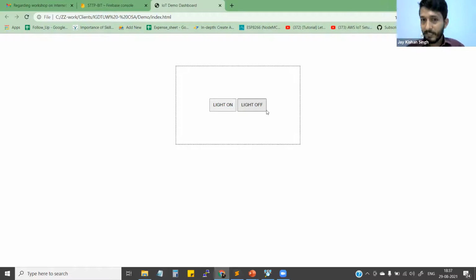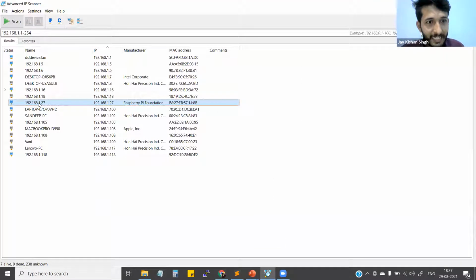So now this is the time. Let's check everything. This RPi is connected right here, so let me explain everything from the very beginning. This is the tool I'm using, Advanced IP Scanner, and this RPi which I'm keeping right here is connected to the same network. I'm connected to the network Intel Education, and my Raspberry Pi is also connected to the same network. Let me scan it one more time for you so you guys can see.